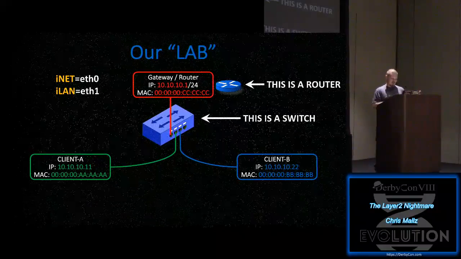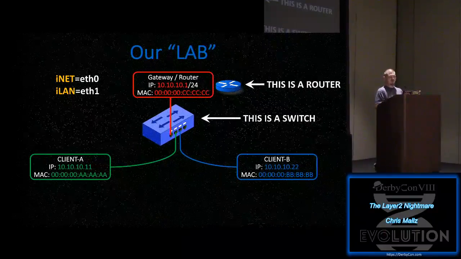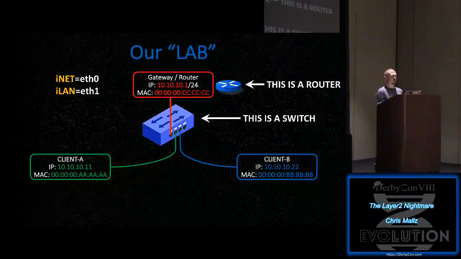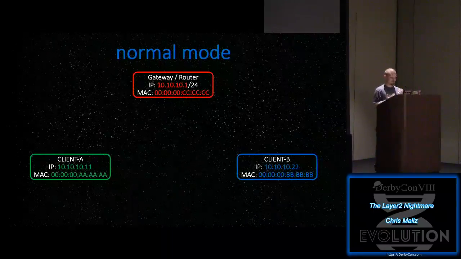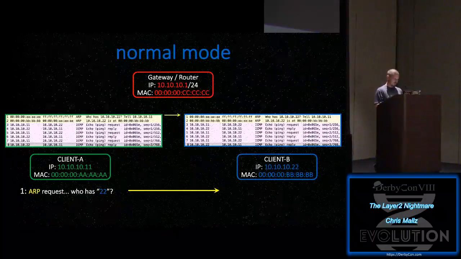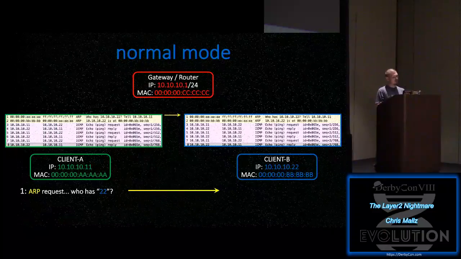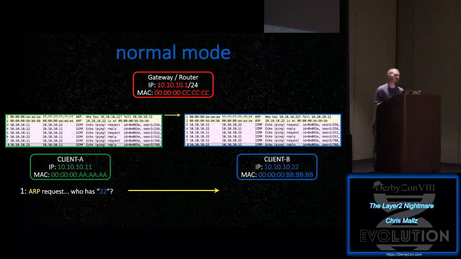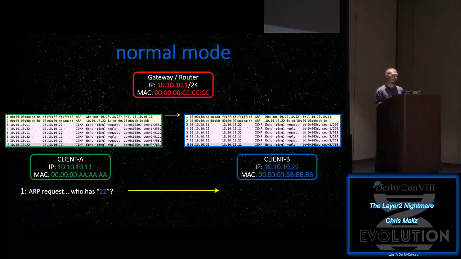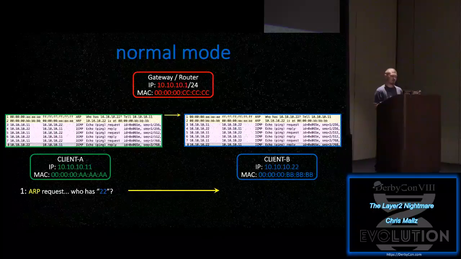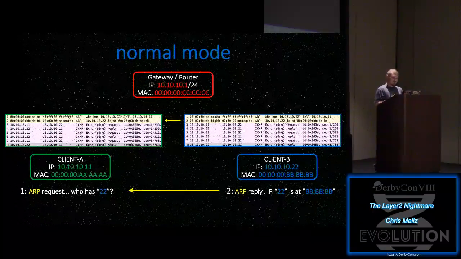Again, this is our lab, so let's take a look at what a normal, simple ping looks like in just a normal switch lab, right? So in normal mode, we'll start, and we'll basically ARP out. We're going to have client A ping client B. So the first thing it needs to do is ARP out. It needs to say, hey, who has